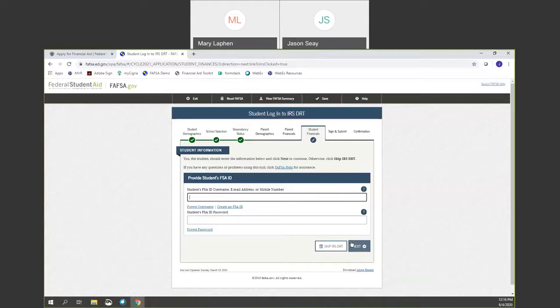Unfortunately, I can't show you that right here because I've not logged in with a username and password, nor would I have been able to do this if we were even at the demo site, okay? But that said, basically what you will experience is you'll be taken to this IRS site that will display your name, and it'll simply ask for you to verify the mailing address as it appears on your